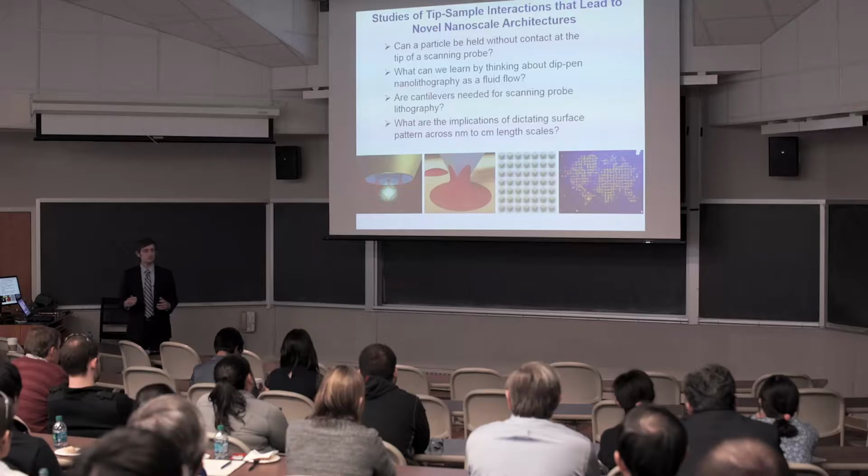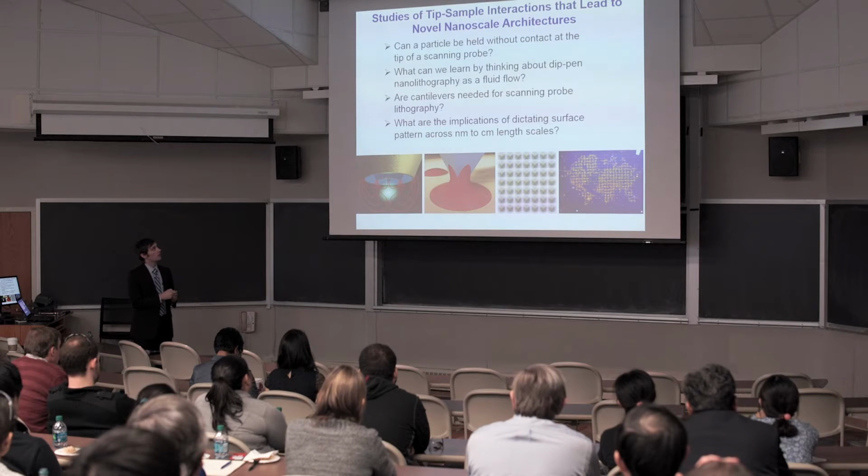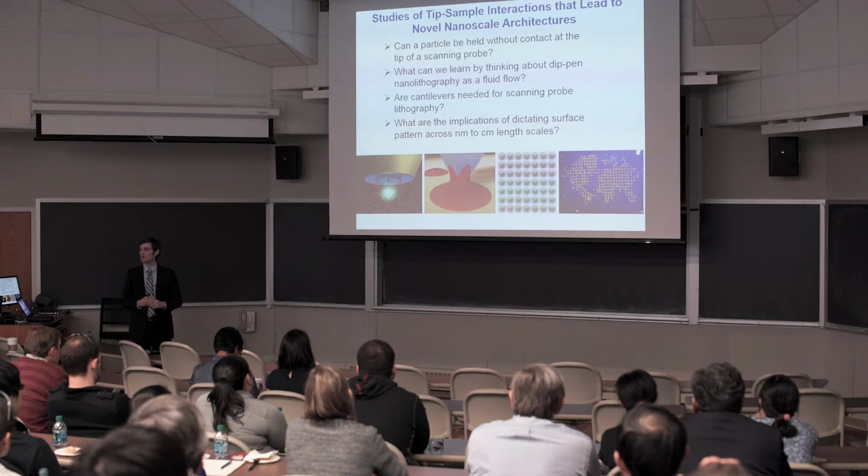And we'll ask the question, is it possible to do this with a scanning force probe? And what can we learn by doing this? The second area I'll talk about is introduce you, and for many of you, reintroduce you to dip-pen nanolithography, or